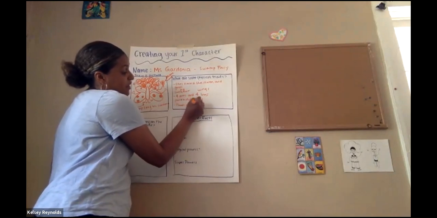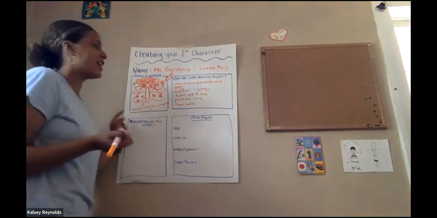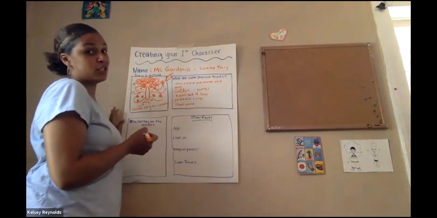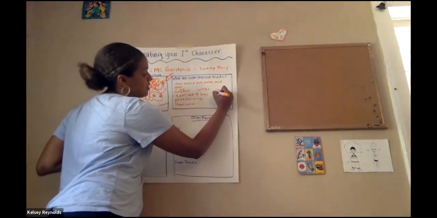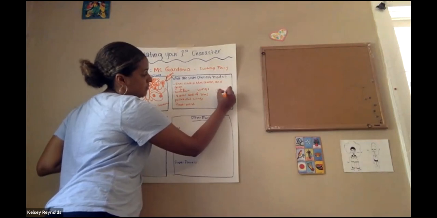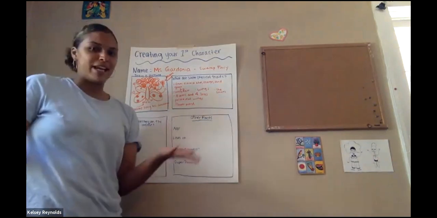And you know what? She might not always have this, but she's got a smile on her face right now. So I'm going to write that she has a smile on her face because usually she's going to be pretty happy. So she smiles a lot. Okay, so now that I've talked about some physical traits, and I might come back to that later once I think of some other things,